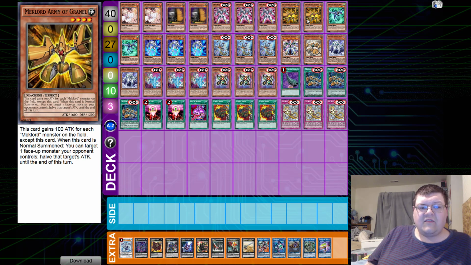You can target 1 face-up monster your opponent controls, half that target's attack until the end of the turn. So basically we get a free half on this if it's on normal. Outside of that, you're just bringing out a 1700 attack monster for no reason. But